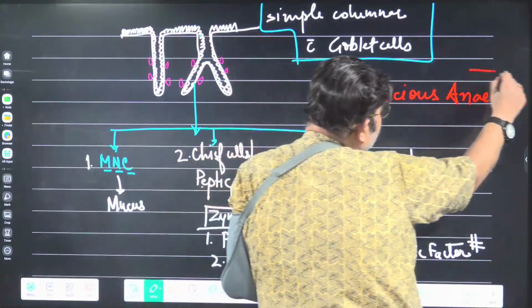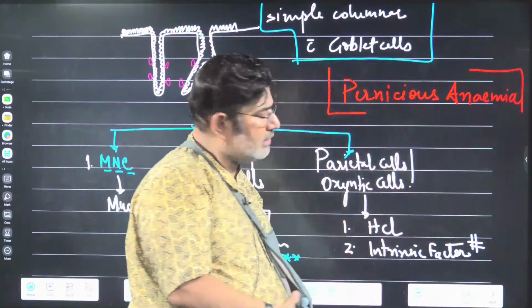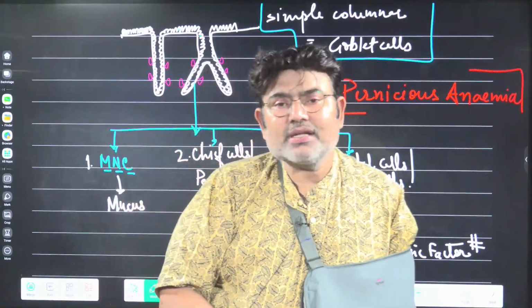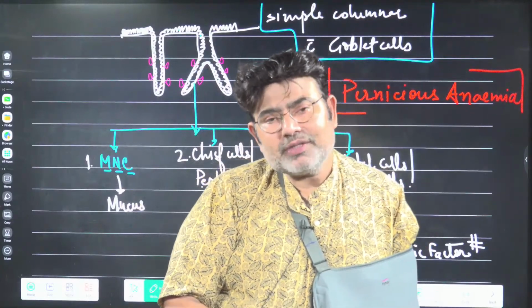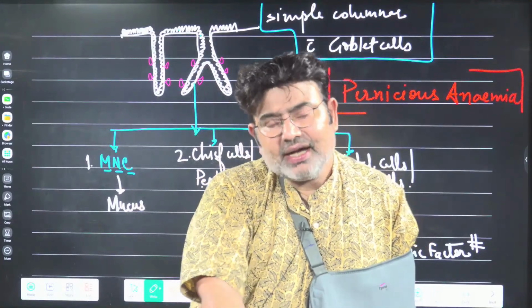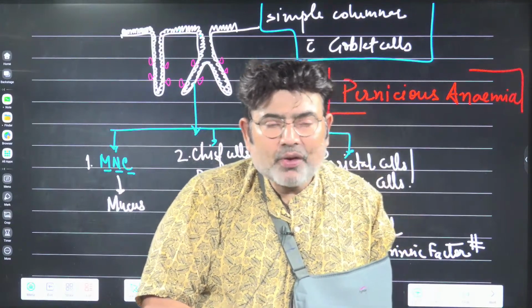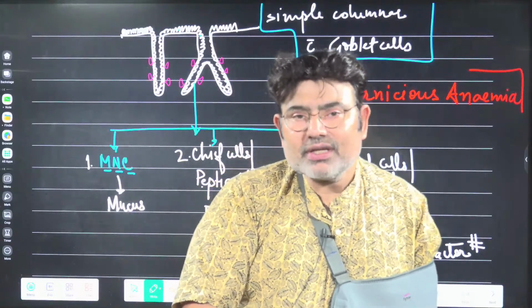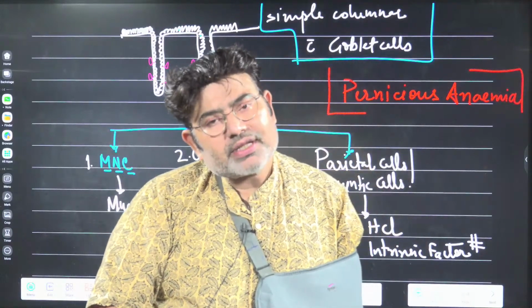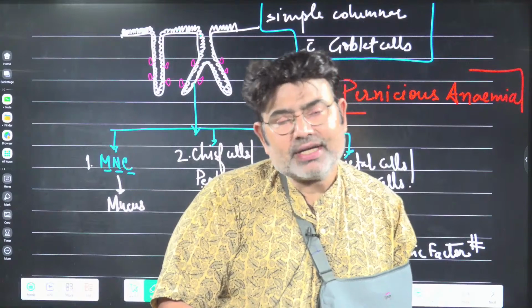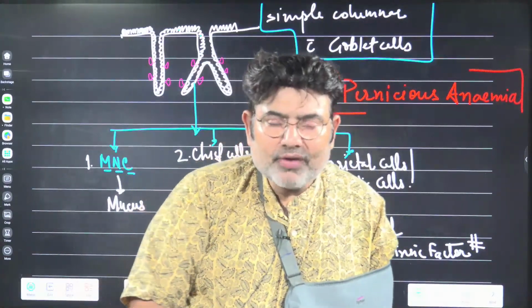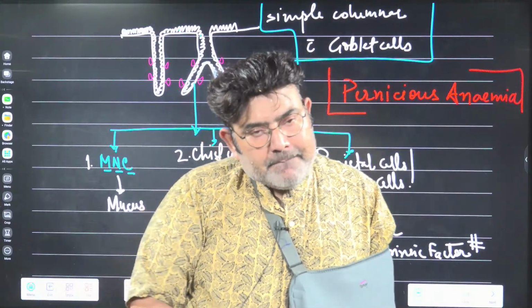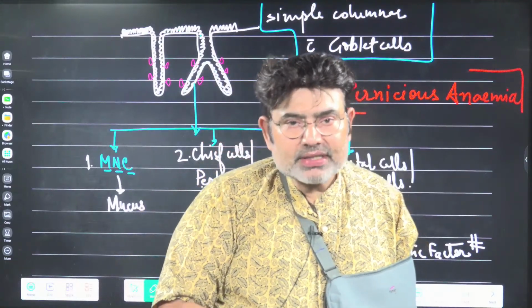For you, this much detailed understanding is not expected. They may ask you, deficiency of vitamin B12 leads to which of the following? Answer is pernicious anemia. Or pernicious anemia is due to which of the following? Answer is deficiency of vitamin B12. Which one is a cobalt containing vitamin? Vitamin B12. What is the full name of vitamin B12? Cyanocobalamin. Understood?